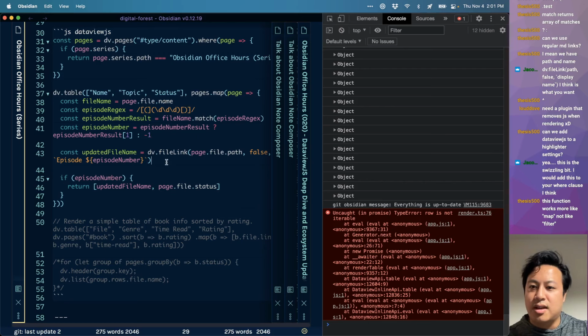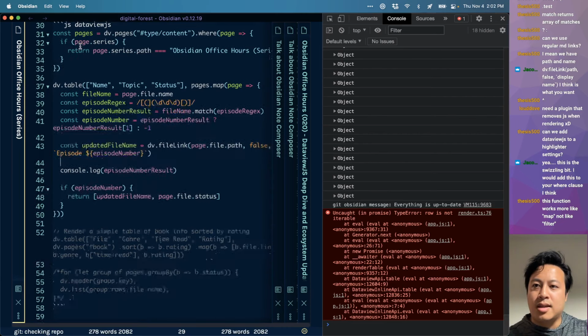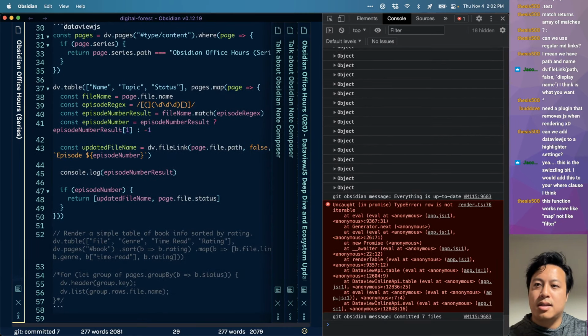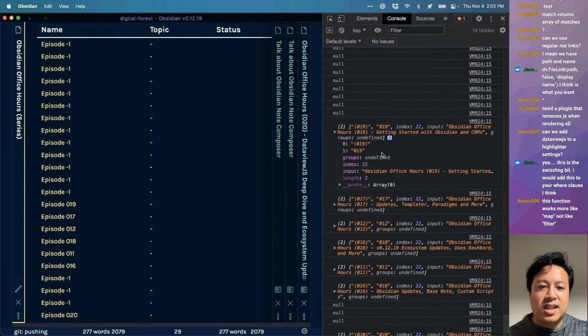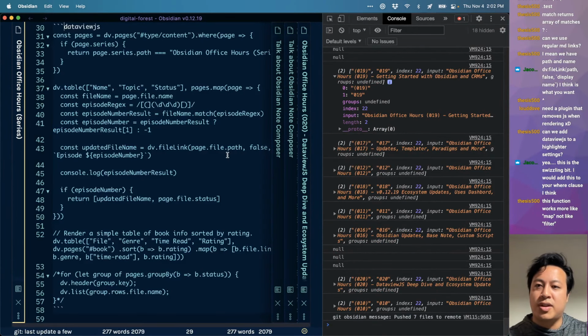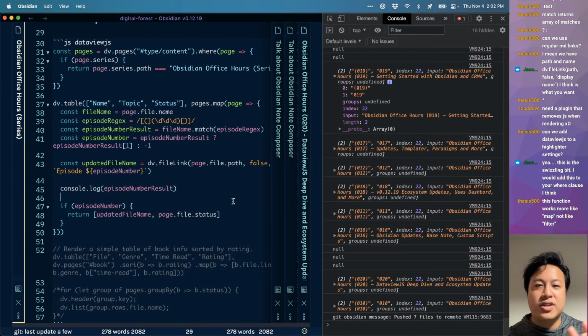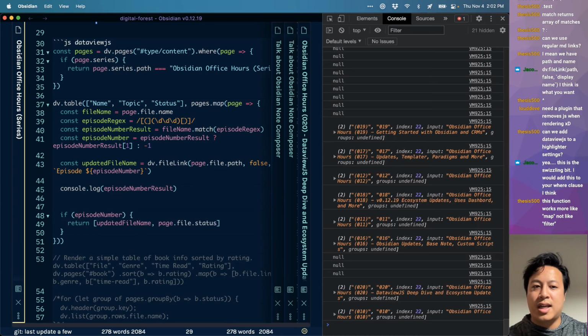Interestingly enough, if we log out the episode number result, here we go. When we render this, we see that it actually gives us the index of where it starts. And it makes sense that it's always 22, now that I think about it, because it's always prefixed with the Obsidian office hours, which is the same number of characters. So theoretically, if I only have 4 more to go,